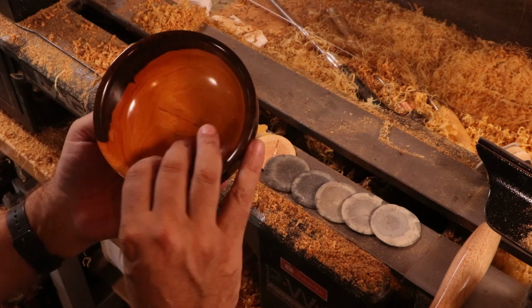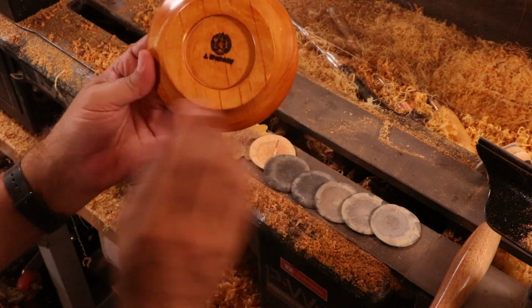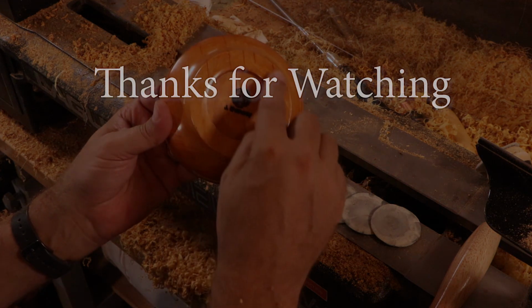Okay, let's start that over again. All right, so let's take a look at the bottom. We got a nice clean bottom here, concaved in with it riding just